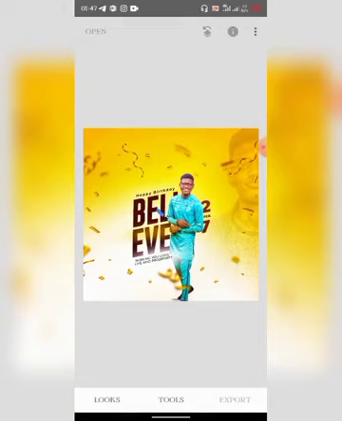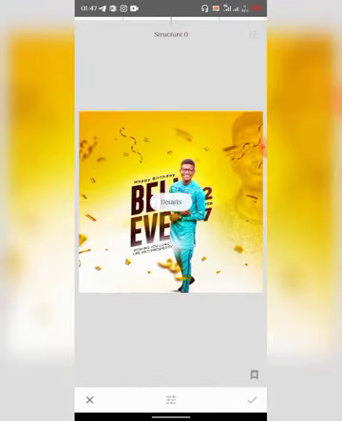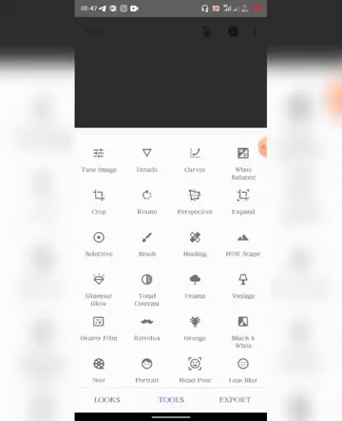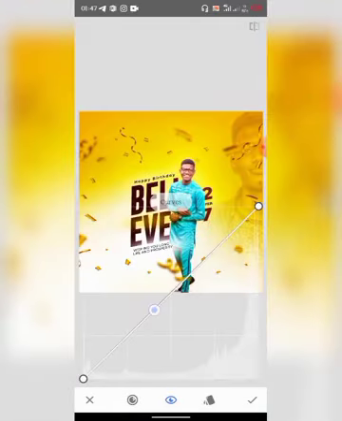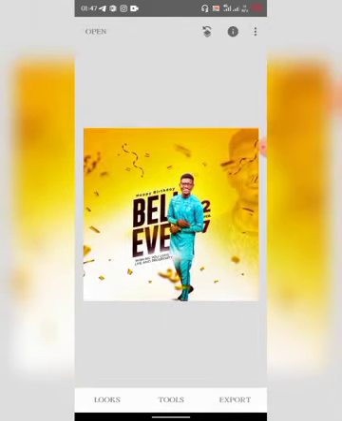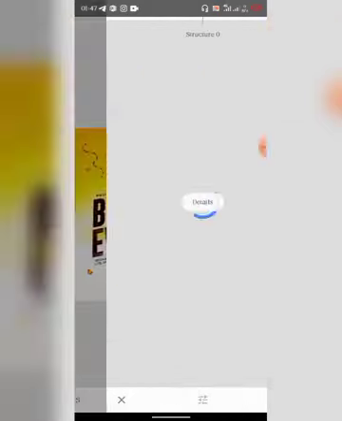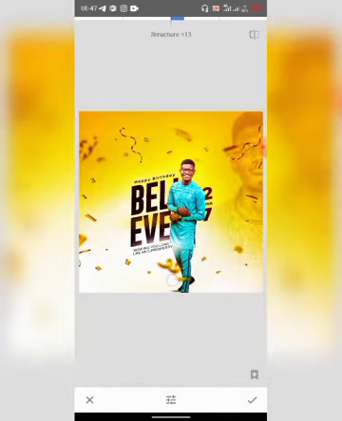Alright, and I just have to move into detail. I increase the details a little bit. So I didn't add details immediately. I went to my curve and I brought it down. Wow, what an amazing touch! And I just have to increase this a little bit. Now the one amazing thing with this Snapseed is you can edit, you can just touch anything you want to, but be careful with how you use them. You just have to increase the detail a bit and